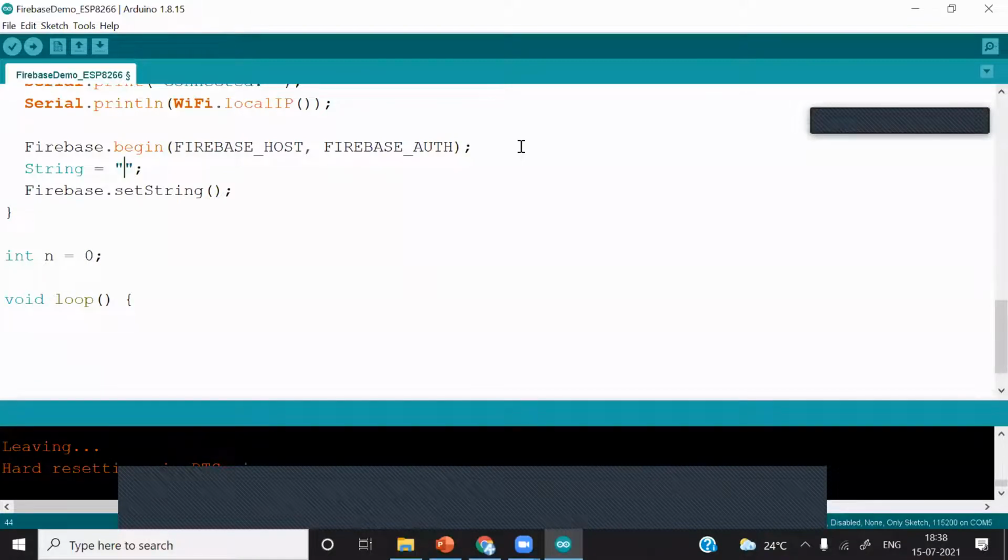The string is the path. We have to create the branches. The first is, I will just give data slash, and value, or the command. We'll just put command. I have created this path. There are a number of ways you can define a string. I'll just show you that also.